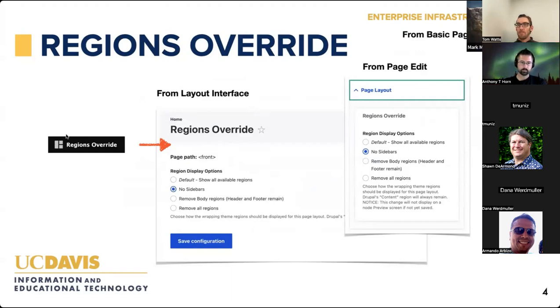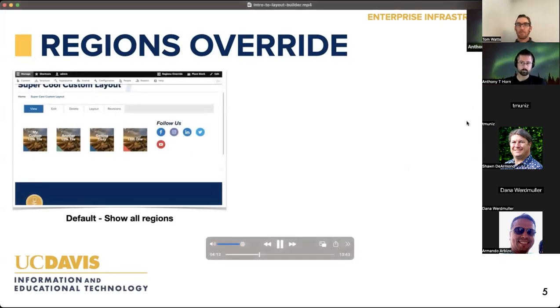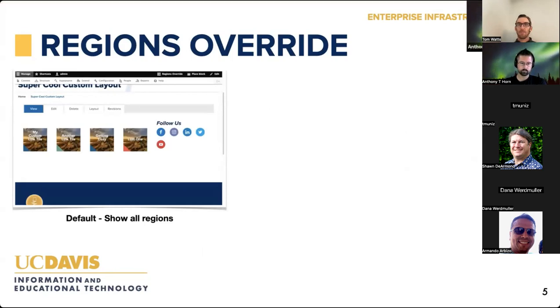So you can either do it through that tab or you can do it through the actual edit page where now on the sidebar, there's a little drop down for page layout. And we've got a few examples of that here. So this is the default. If you use Layout Builder and you don't change any of the regions override settings, by default, you get content in the first sidebar, content region, and second sidebar, if your page has them. By the way, Layout Builder really outputs all of your layout stuff into that main content area. So that is why regions override is so powerful, because it allows you to do things like